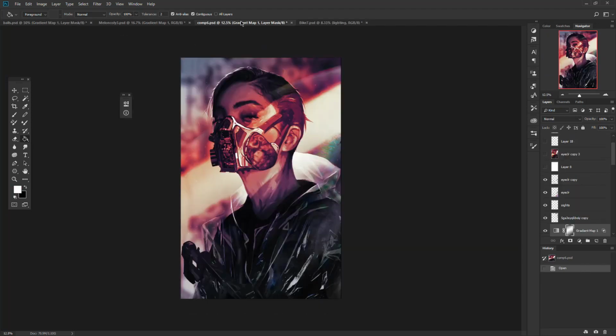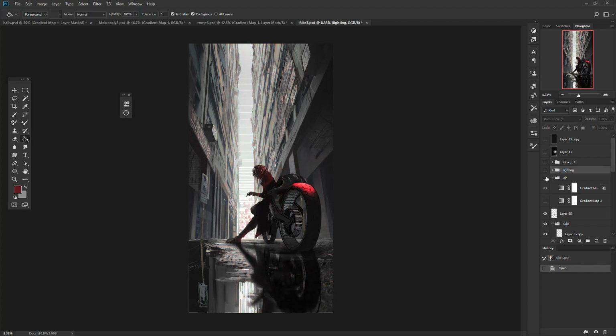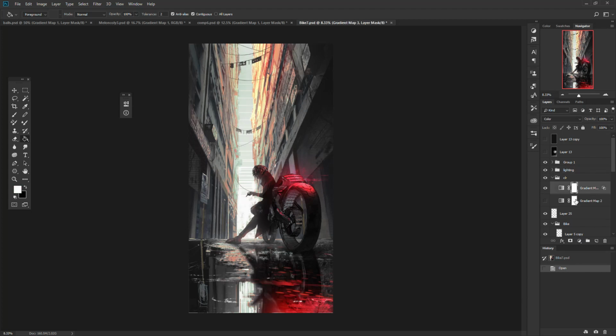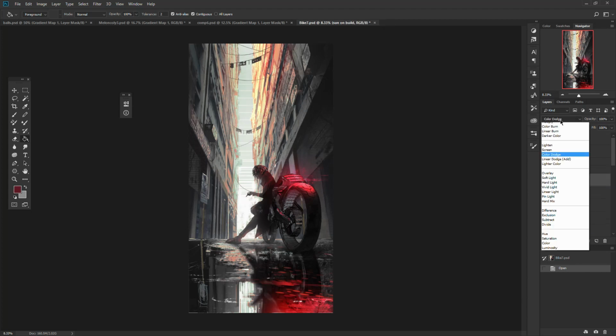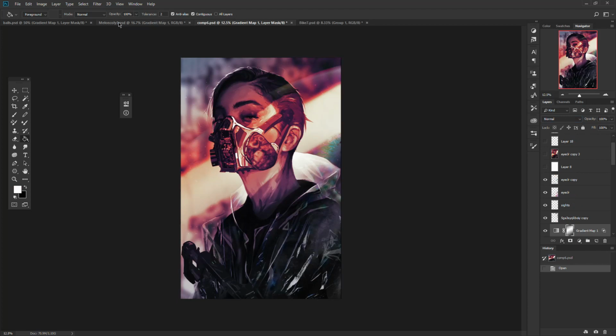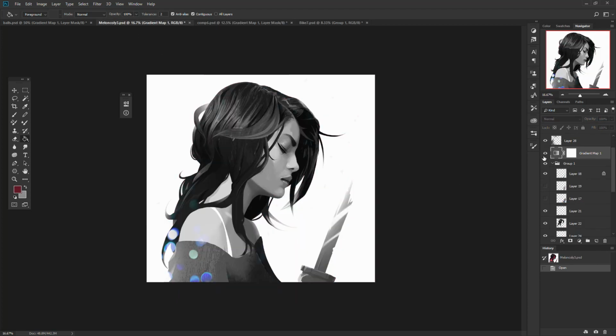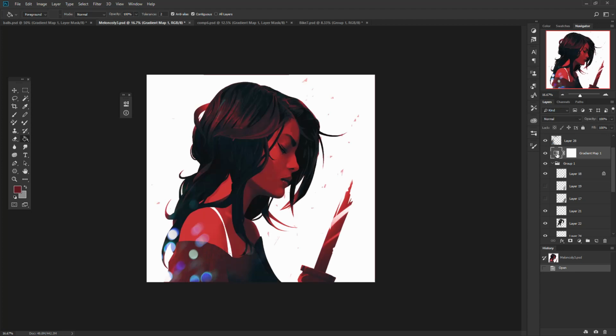So besides the example I already showed you, which is this one, there are a few others that I made using this method. I've even grouped them into layers on this one in particular, except for a few things. You can see I used some gradient maps and some different layer modes. You can see I used a color dodge layer mode here, and all kinds of stuff. And for this one, it's just one simple gradient map. The whole thing's actually black and white. Not too complex. I did add a few other gradient maps and stuff in the post-processing, and it ended up